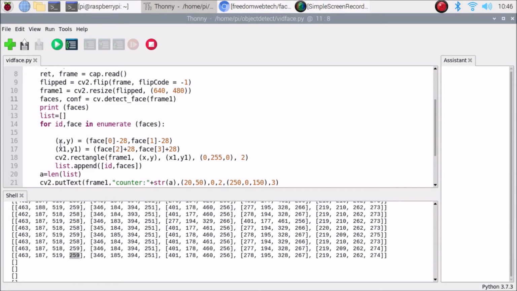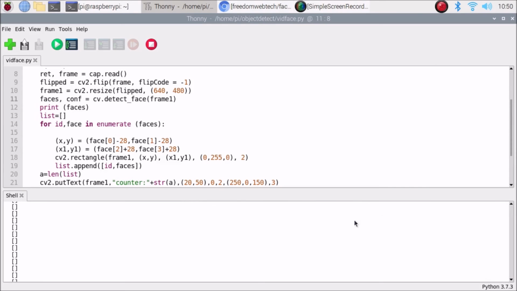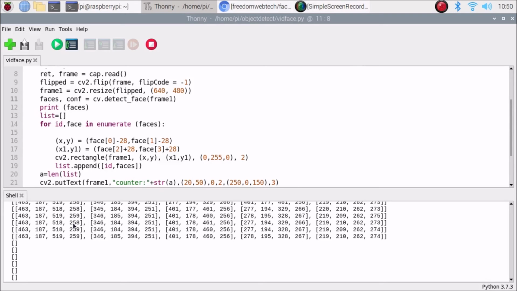For that I have mentioned x, y, x1, y1 from the face: inside face, first we use 0, then 1, then 2 for x1 and y1, and 3. Then we use the coordinate values 0, 1, 2, 3 for creating the rectangle, and this 28 is the padding value. With the help of these values, x, y and x1 and y1, I have created the rectangle, and the color is green.